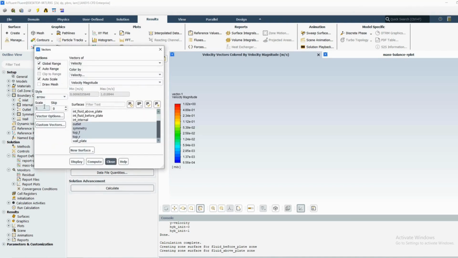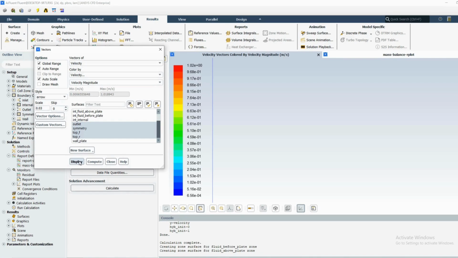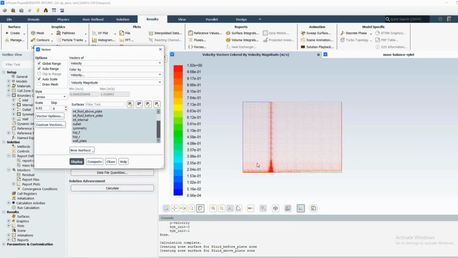So here scale 0.03. Okay, fine. Here all we will select suppose and display. Yes,